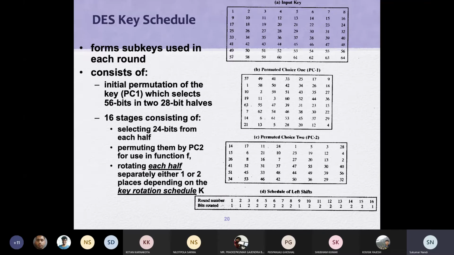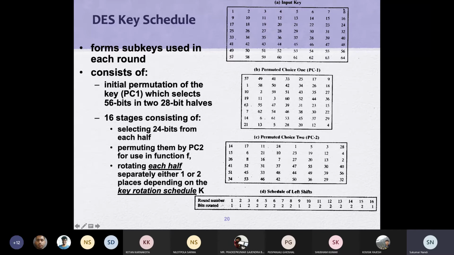so next coming to the key schedule, if you go through it, you will find it is easy to understand. It's not a big issue. Only thing you remember: the 64-bit key is not actually 64, it is a 56-bit key, and the parity bit positions 8, 16, 24 are not considered.